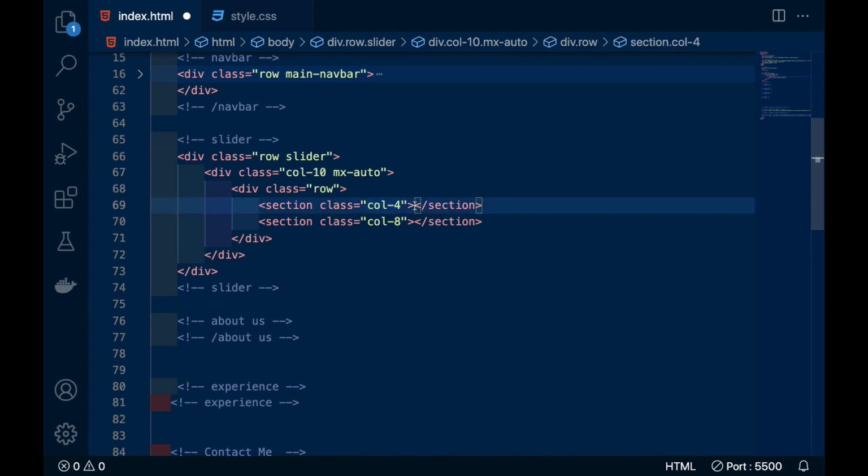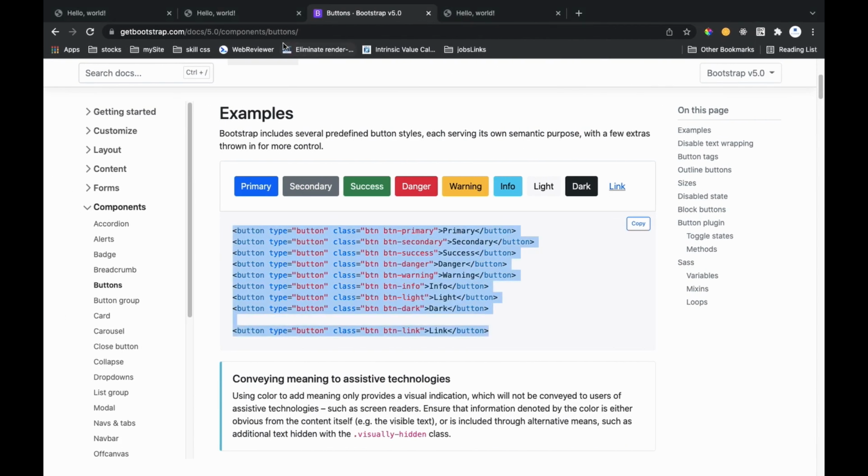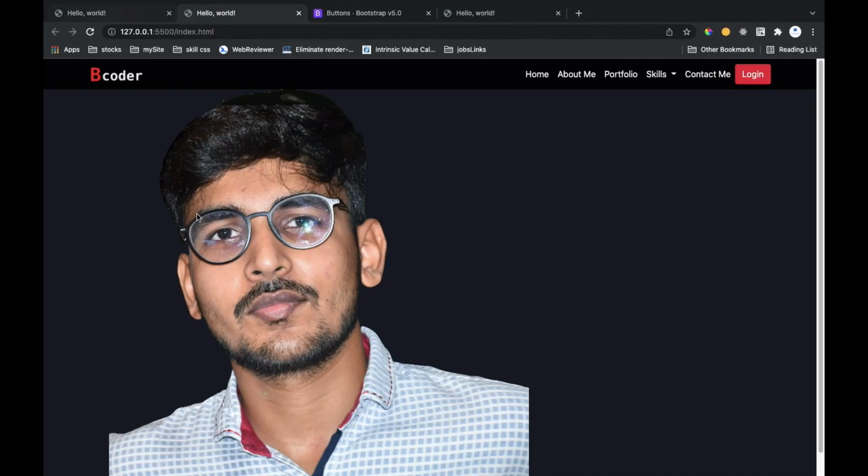Now in this first one I will use an image, and the image will be my image, you can see this image.